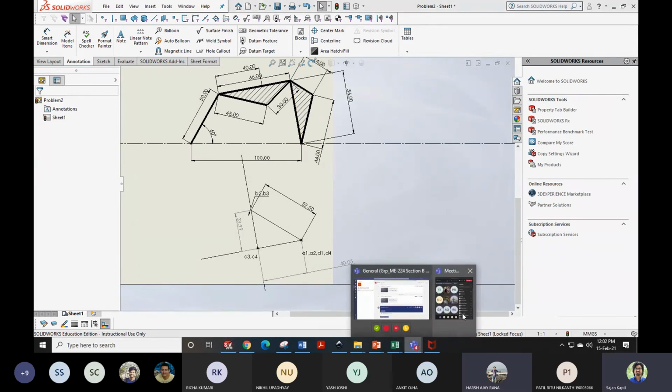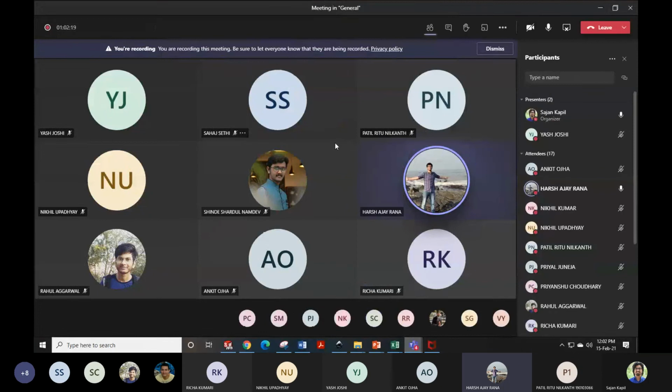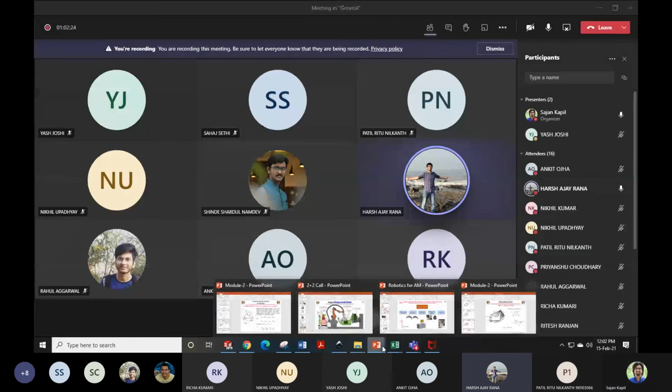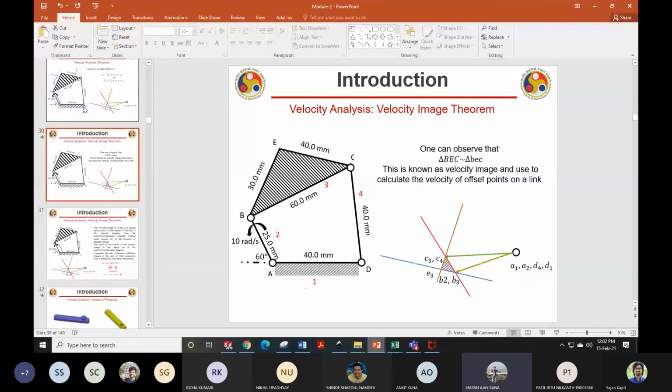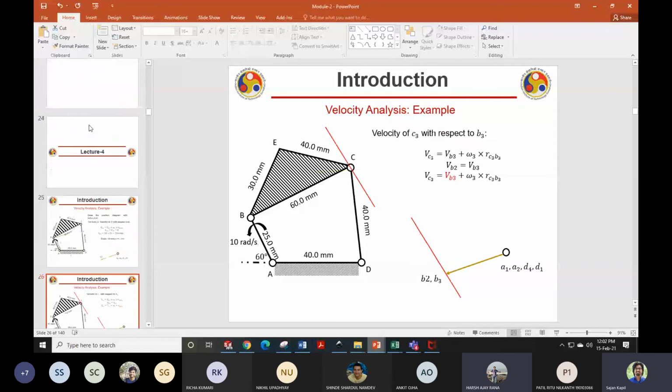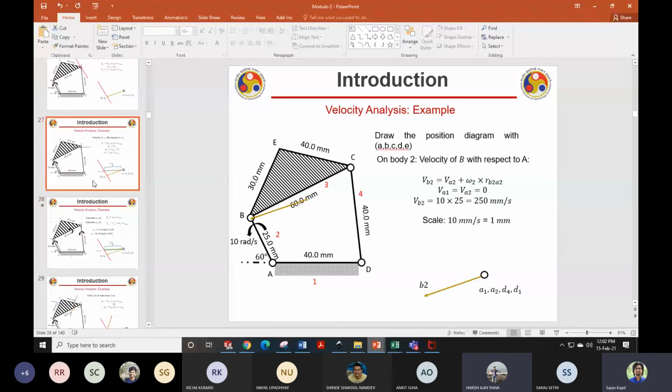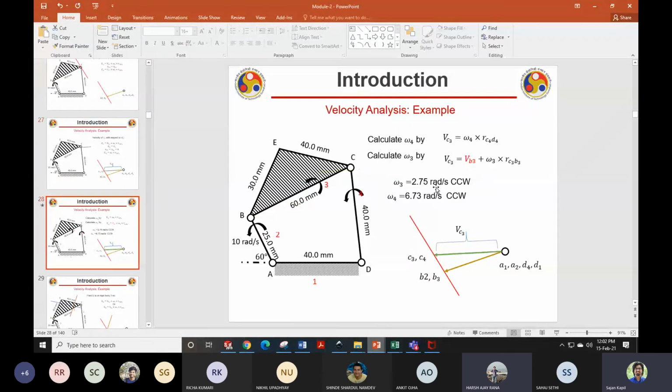Actually, in the previous question, in omega 3 there was a correction. Omega 3 was not coming 2.7, it was coming something like 0.166, I guess. I need to check, maybe, but the direction is correct. Yeah, definitely it could be a calculation mistake, but I think a few more students have got this 2 point something. So omega 4 I'm getting 6.5 around. Omega 3 I was getting 0.166. You recheck. I will also do that.